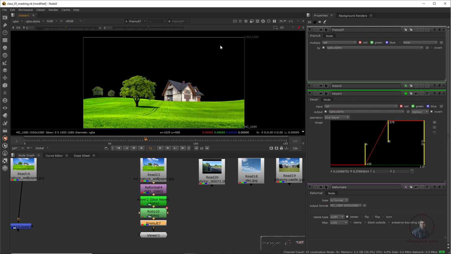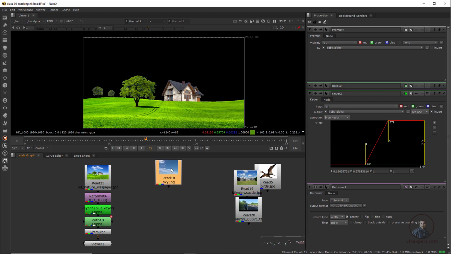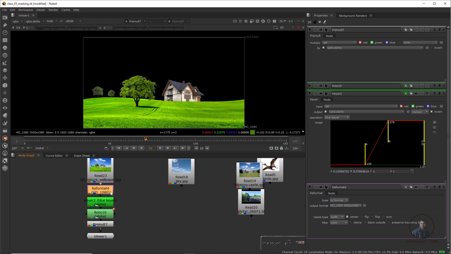After this, you can place any sky here. Suppose, just for explanation, I am going to take this sky. Remember this one, because this will be our background here. We have to reformat it according to our reformat, because here I have reformatted this image also. So again, Control C to copy and paste it here, and connect it here. Now select this one and press 1 here.